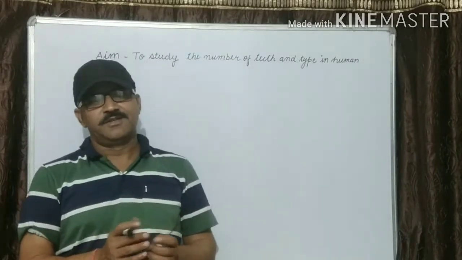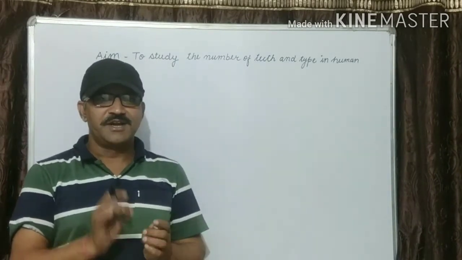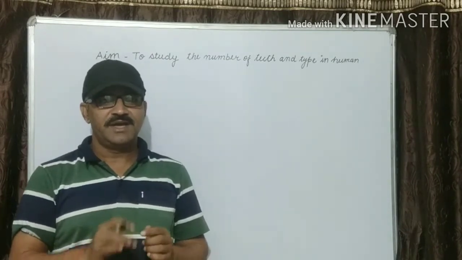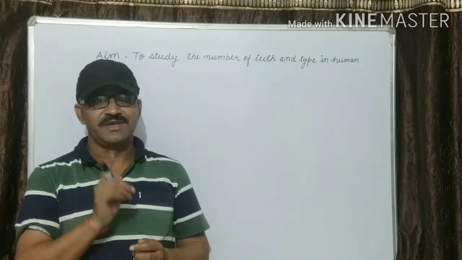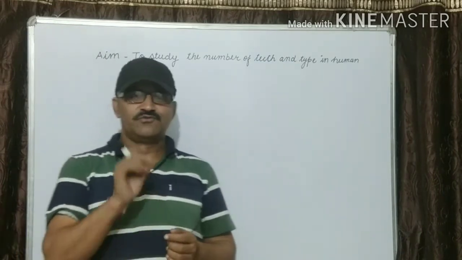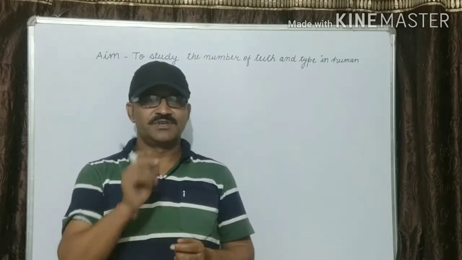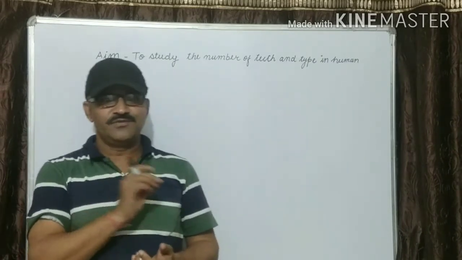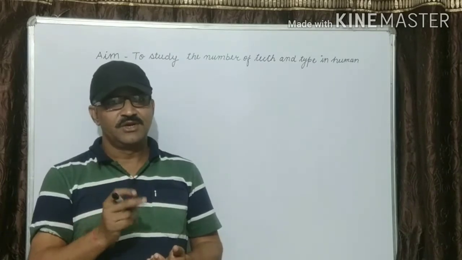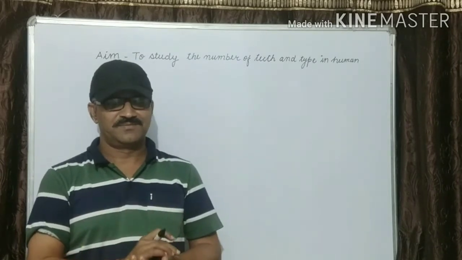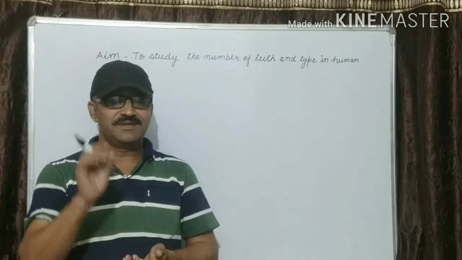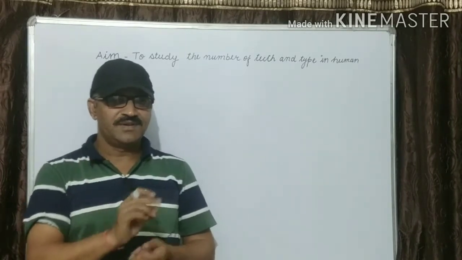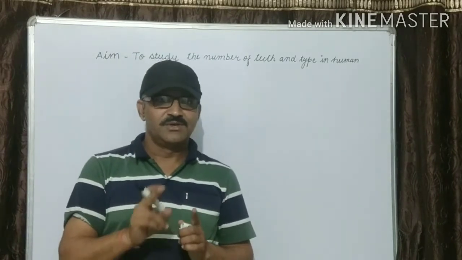Material required? There is no material required. Stand in front of the mirror and count your teeth with the help of your index finger. Take care to wash hands before starting this activity. You will be able to feel the different types of teeth, note down their number. Also examine the teeth of your family member, note down the number of the different types of teeth in your family member.